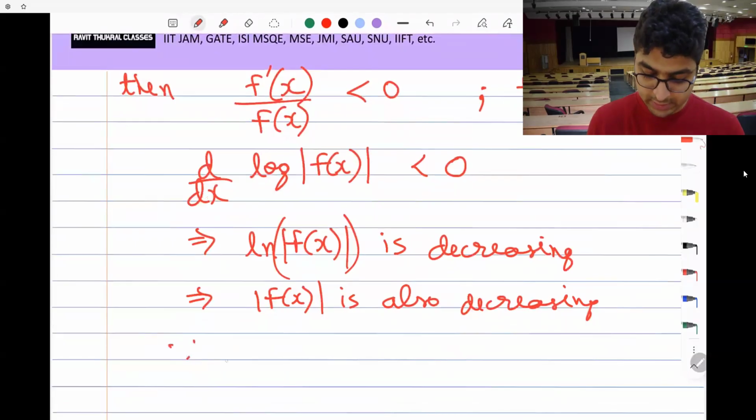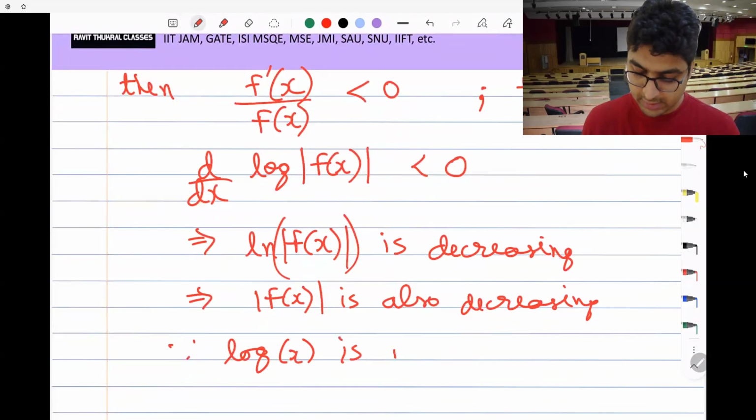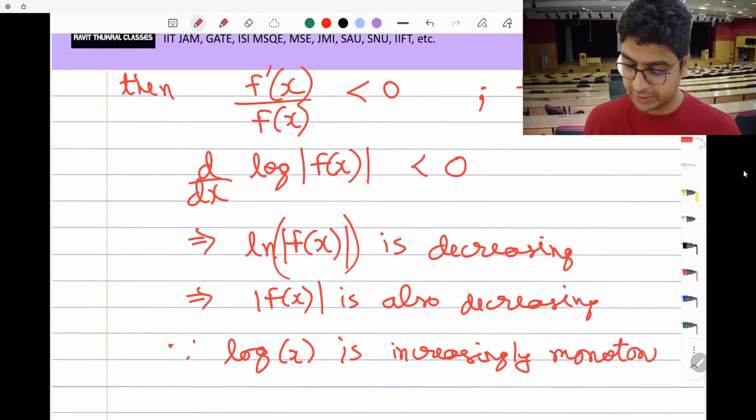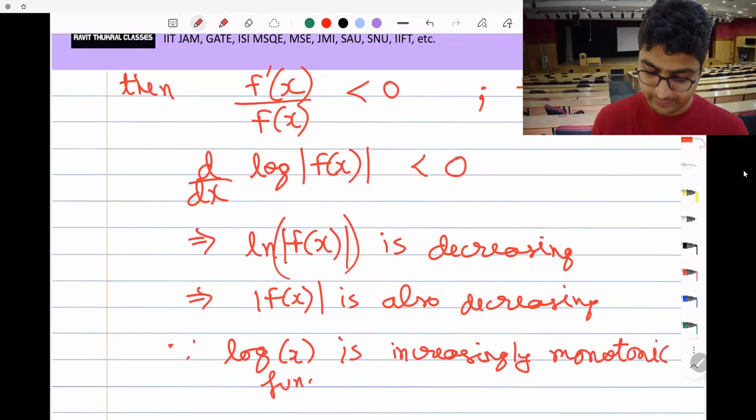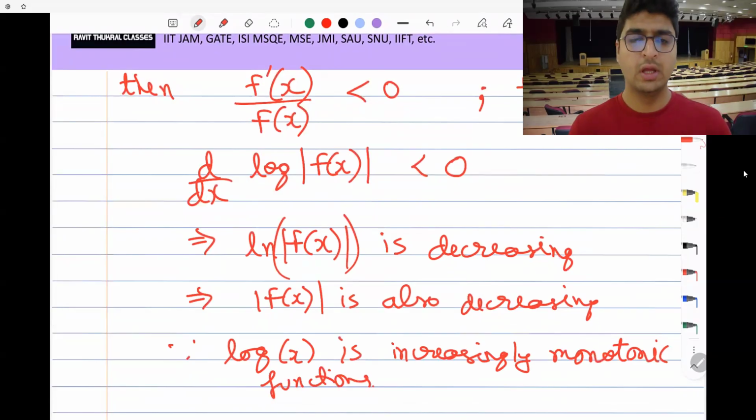And that's because log x is an increasing monotonic function. So for monotonic functions this thing holds. Okay, if log of some function is decreasing, then that function also has to be decreasing. Okay,